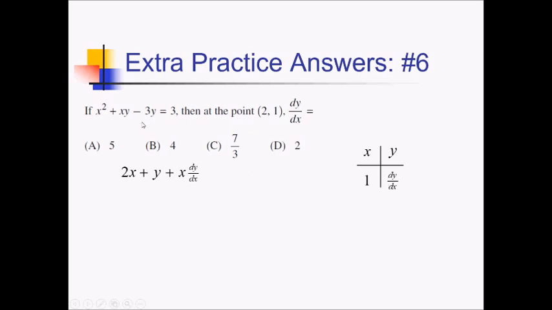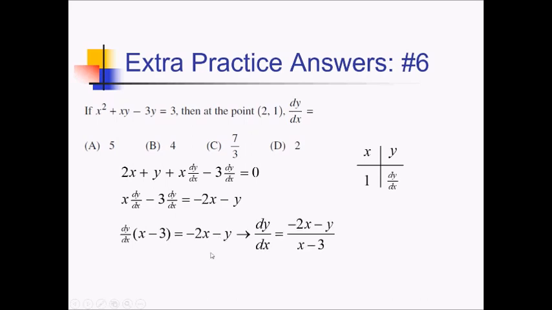Next, we have the derivative of negative 3y, which is negative 3 dy over dx, using our chain rule there. That's all going to equal the derivative of 3, which is 0. Time to get the dy over dx stuff on the left and everything else on the right. So I have x dy over dx staying put, along with negative 3 dy over dx. Moving over to the right side by subtraction, we've got negative 2x and negative y. Back on the left side, we can factor out a dy over dx, leaving us with x minus 3 inside the parentheses. Dividing by that, we've got negative 2x minus y over x minus 3,